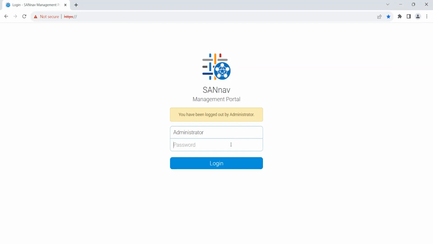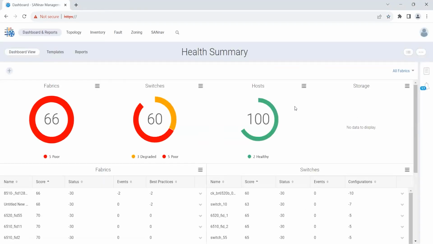Now I'm entering my new password, which I just changed to. So I was able to successfully log into the SANnav portal using my new password. So this is how we change the login